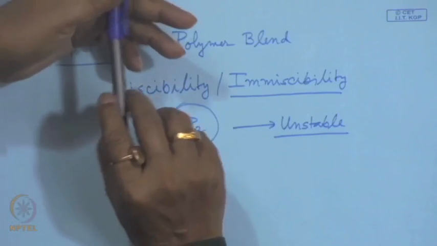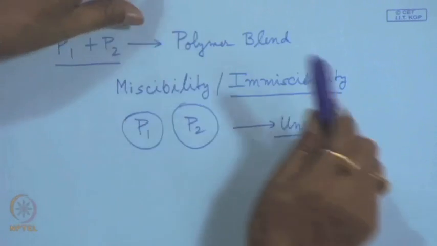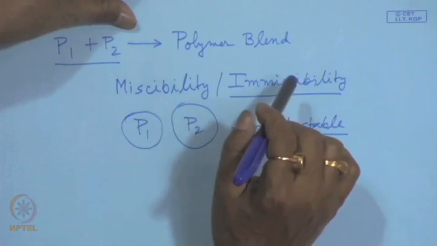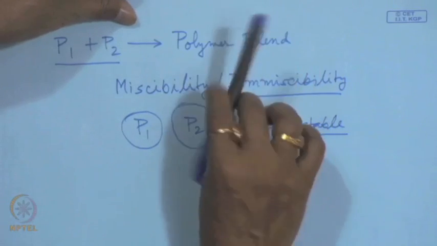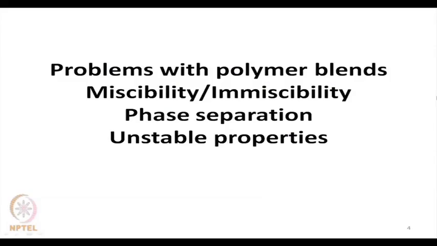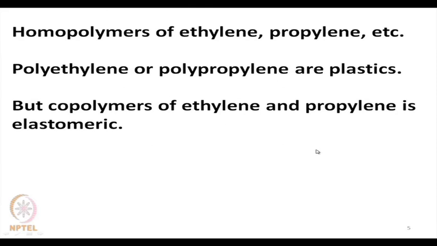So, that is not a desirable phenomenon. The product should maintain its properties for a longer period or even up to its end of life. So, miscibility, immiscibility, phase separation, these aspects are to be considered. If we